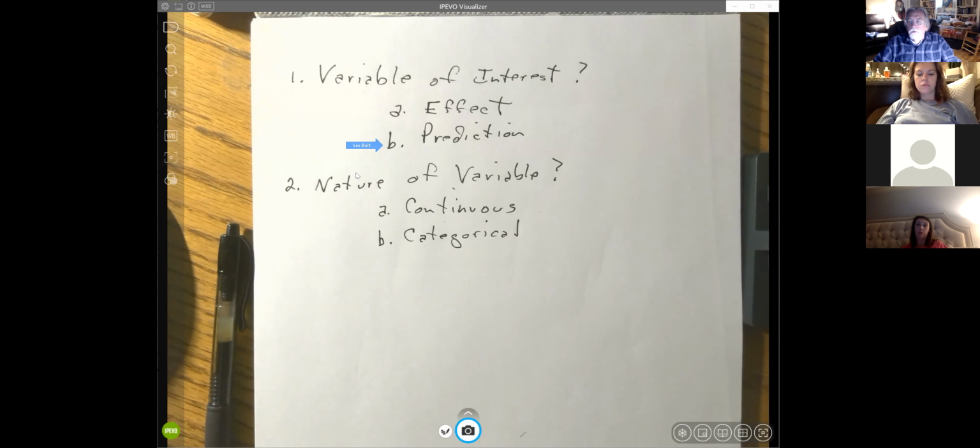And so that's the first question I ask. What's the variable of interest? Now, for that variable, the second question I always ask is the nature of the variable. The nature of that variable of interest. It can only be one of two things. It either is continuous, which means it's a score or an interval scale, or some sort of